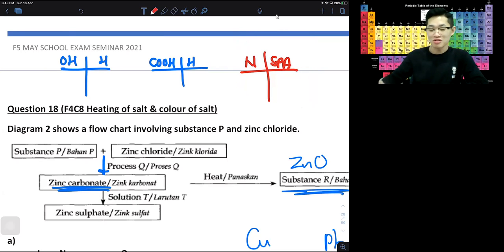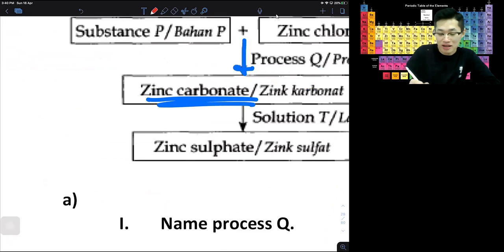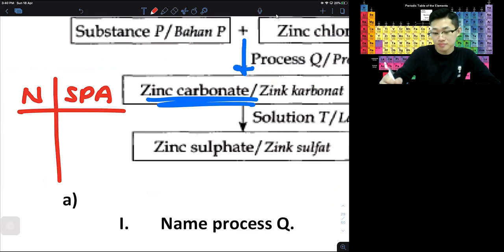So insoluble, we use N star. See how I do. Zinc carbonate, all right. So I put my N star here, I put the cross, and then I split the ion. Zinc